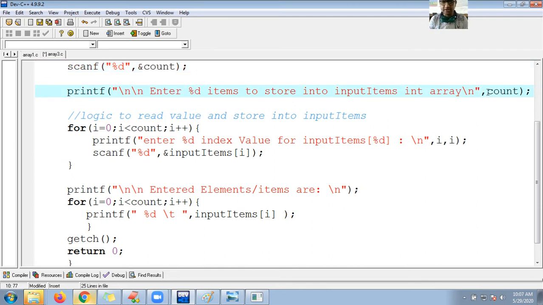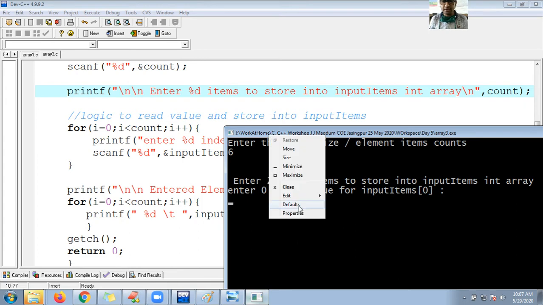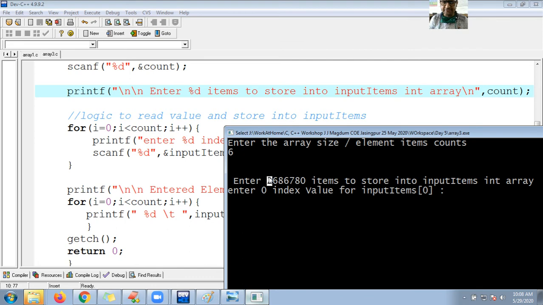So that's what you can see here. You can see a garbage value, guys. What is the garbage value? You can see here, let me mark it. Why is right click not working? Right click, properties, or can I see the mark here? So you can see this is the garbage value for this %d. Enter %d items. Next time I'll go for size. Okay, fine, so I'll go for 6 elements.